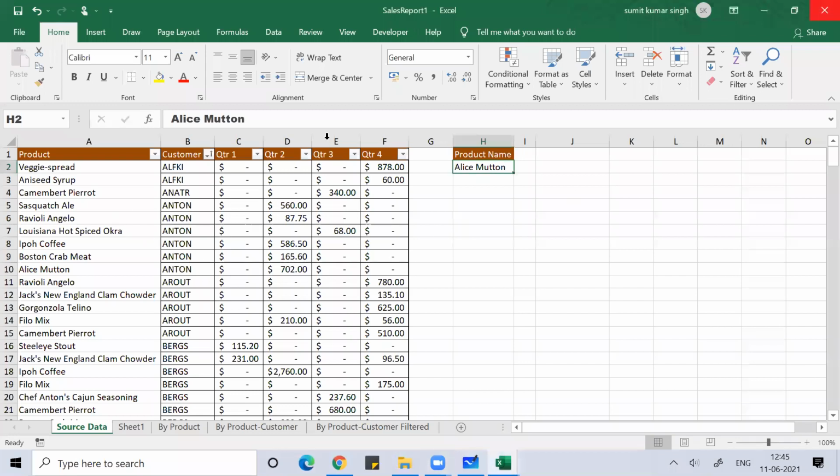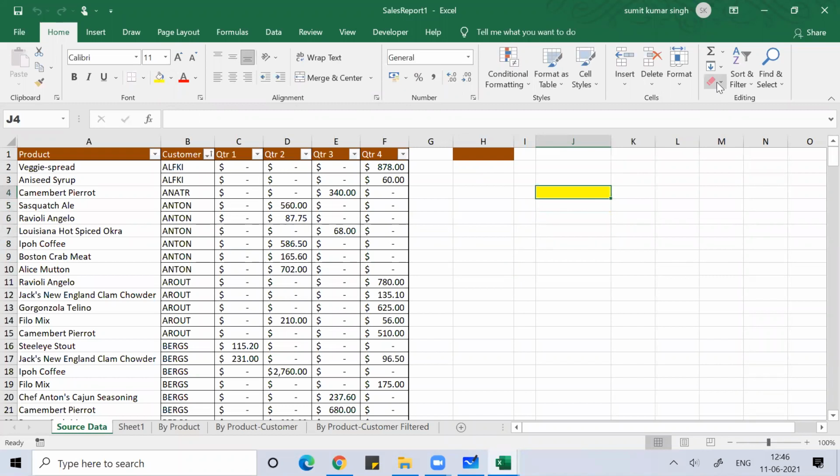So you understood the command based on sort and filter. Now suppose I deleted this, you can see the color was there. I'm trying to delete it, but this color is not going. I wrote my name here, Amit Kumar Singh, and I put a color. Now suppose for some reason, like I made a tattoo of my name and now I want to delete it. If I delete it, the content goes away, but the color is not gone. I want this color to be gone.